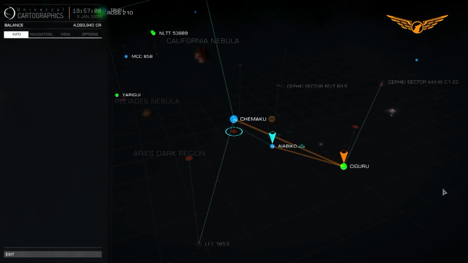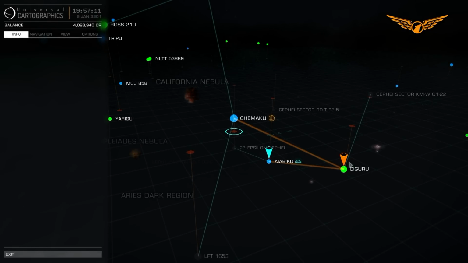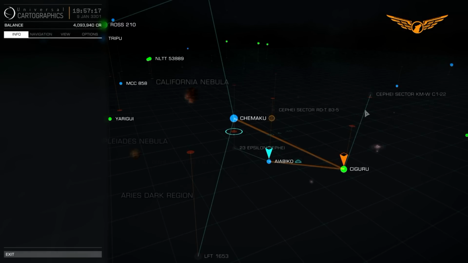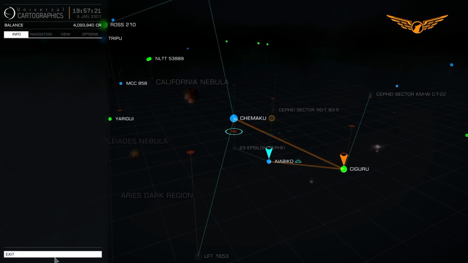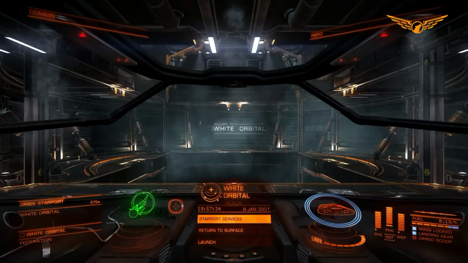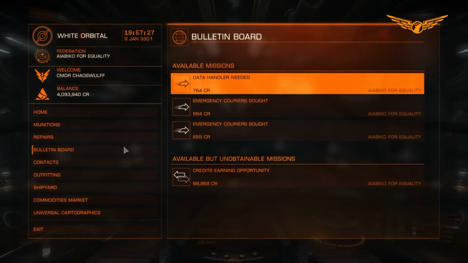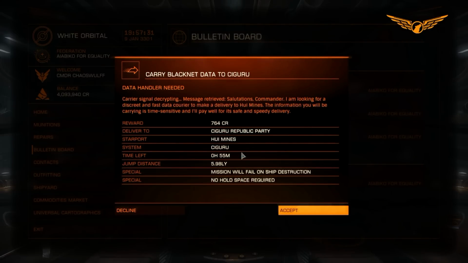The blue arrow here is where we currently are, and the orange arrow is our next destination. And what happens is, as soon as we jump from this destination to the next one, the flight computer will automatically calculate where the next one is, and it'll plot the course straight to Chimaku for us. So we're going to pop back out of here, have a look back into the Starport Services just in case. Here we go. Let's see if there's anything else going to...